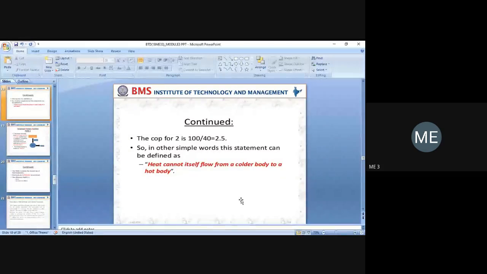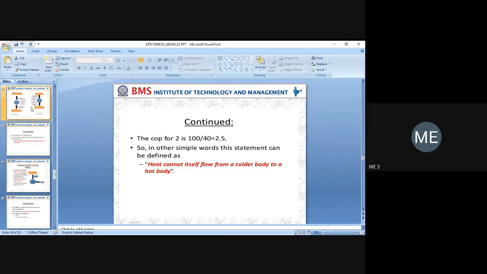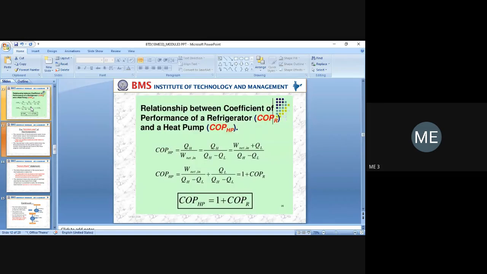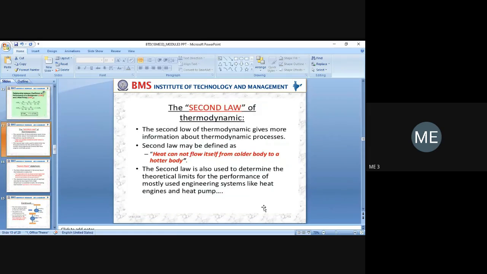Is the screen visible? Yes, visible. Okay, good. Okay. As I said,